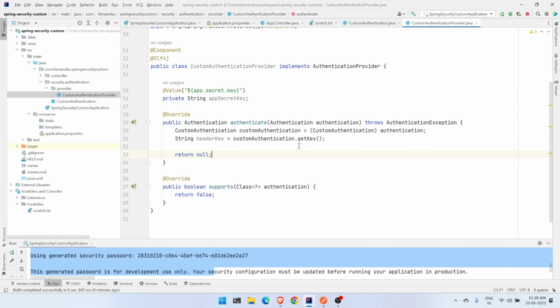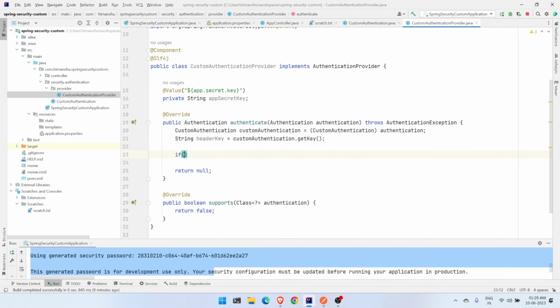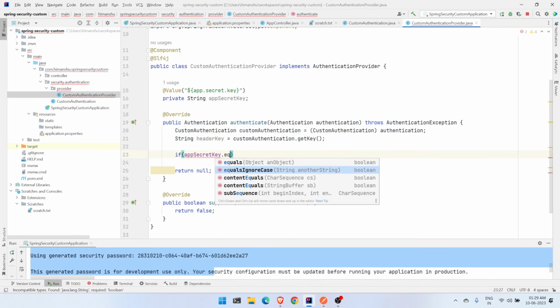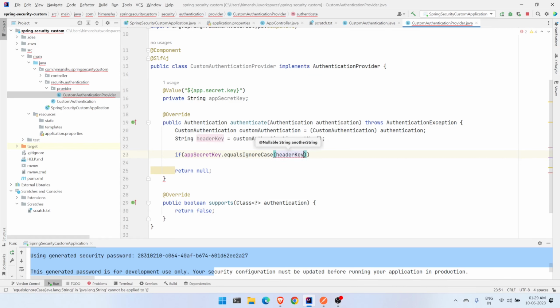How it's getting this key, that will come later, because this key is getting filled by the filter. So right here we are accessing the value from our custom authentication object. In this one we are getting the header key, that means the value coming in the request header. And finally the evaluation logic is we compare that the secret key present in our configuration equals the header key,